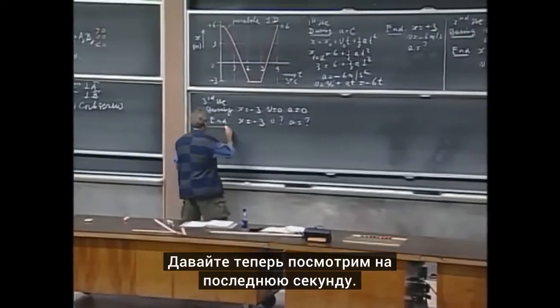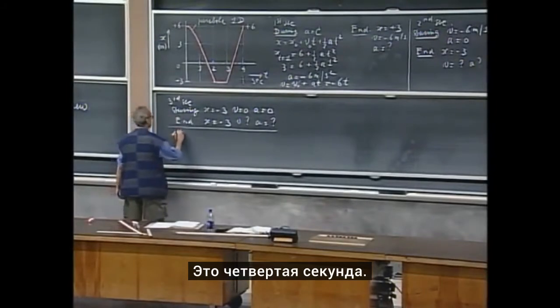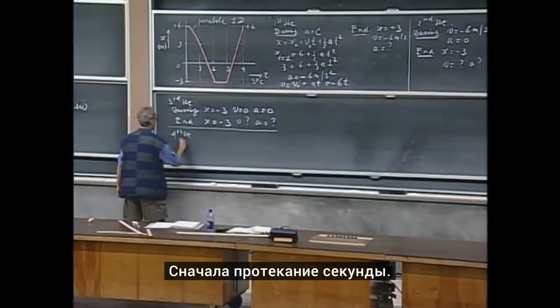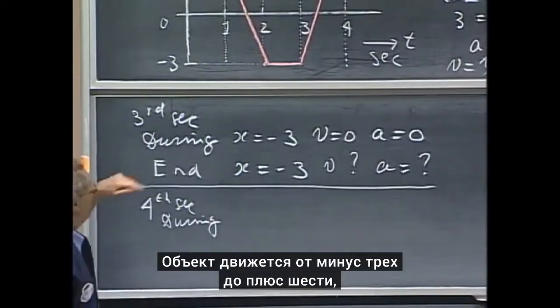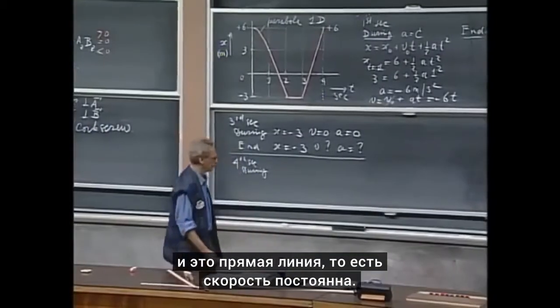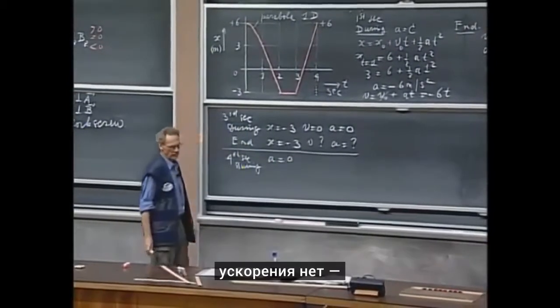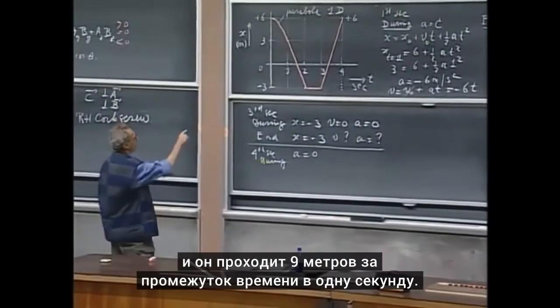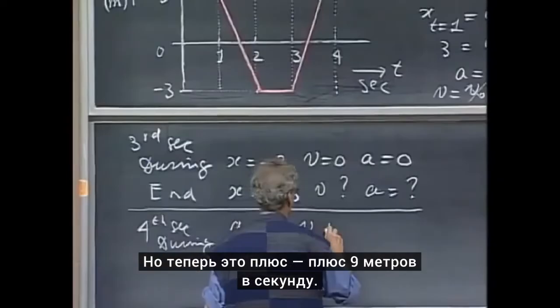Let's now look at the last second, it's the fourth second. First during. Well, it's going from minus 3 to plus 6, and it's a straight line, so the velocity is constant. If the velocity is constant, then you can immediately conclude that A is 0, there's no acceleration. And it goes 9 meters in a time span of 1 second. But it's now plus